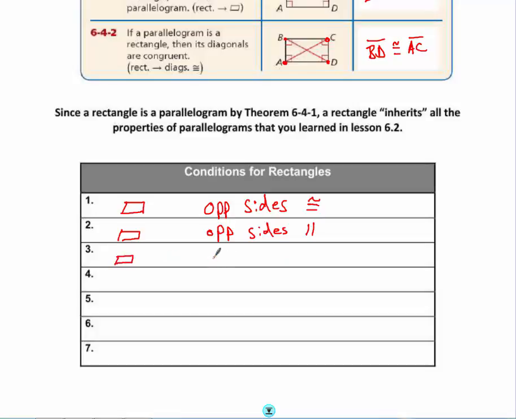Since it's a parallelogram, the opposite angles are congruent. And since it's a parallelogram, remember the consecutive angles are supplementary. And lastly, since it's a parallelogram, remember that the diagonals